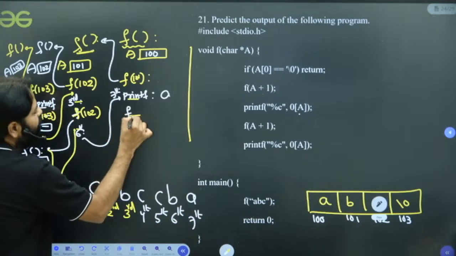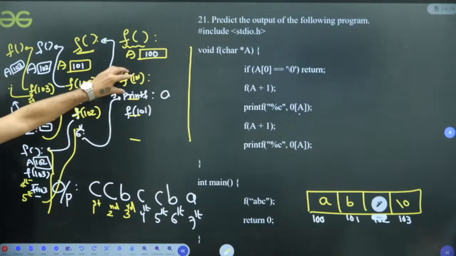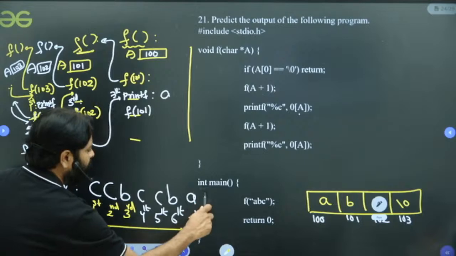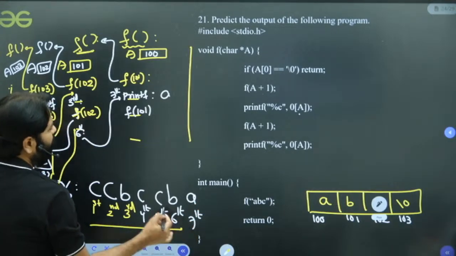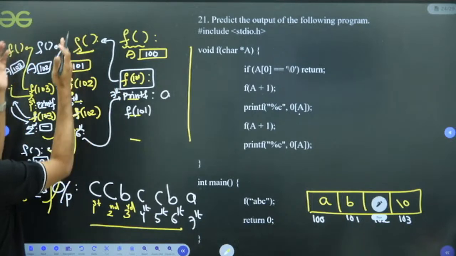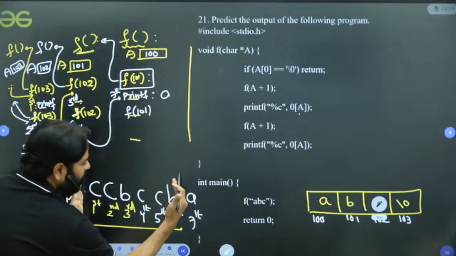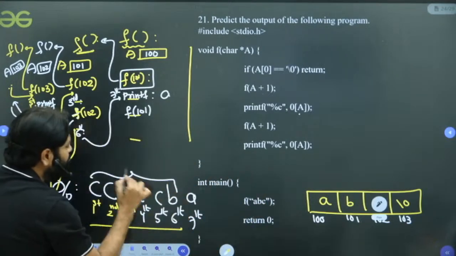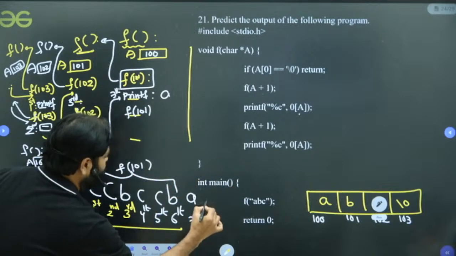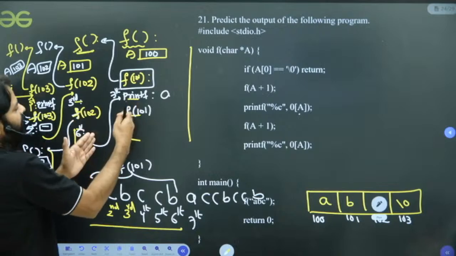And here F of 101 is there. Whatever 101 did, it will do the same job. This 101 did from here to here. Yes or no? This will repeat again. Whatever this 101 did so far, a lot of things were printed, right? It called F of 101, then 102, and everything from here to here is repeated, right? This is the call of F of 101 and it is repeated back, that is C, C, B, C, C, B. And once you come back from that, then